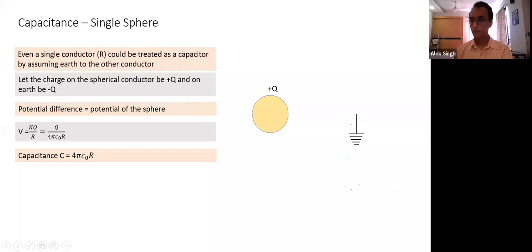These are the very basics of capacitor. To repeat what we understood: what is a capacitor, what is charge on a capacitor, what is potential of a capacitor, how do we calculate capacitance. Capacitance is independent of charge because as we change the charge, potential also changes. The ratio remains constant. First, we found capacitance of parallel plate capacitor, A epsilon naught by D. The method is to place charge plus Q, minus Q, find the field, then calculate potential difference in terms of Q. Take the ratio Q by V, and you get capacitance.